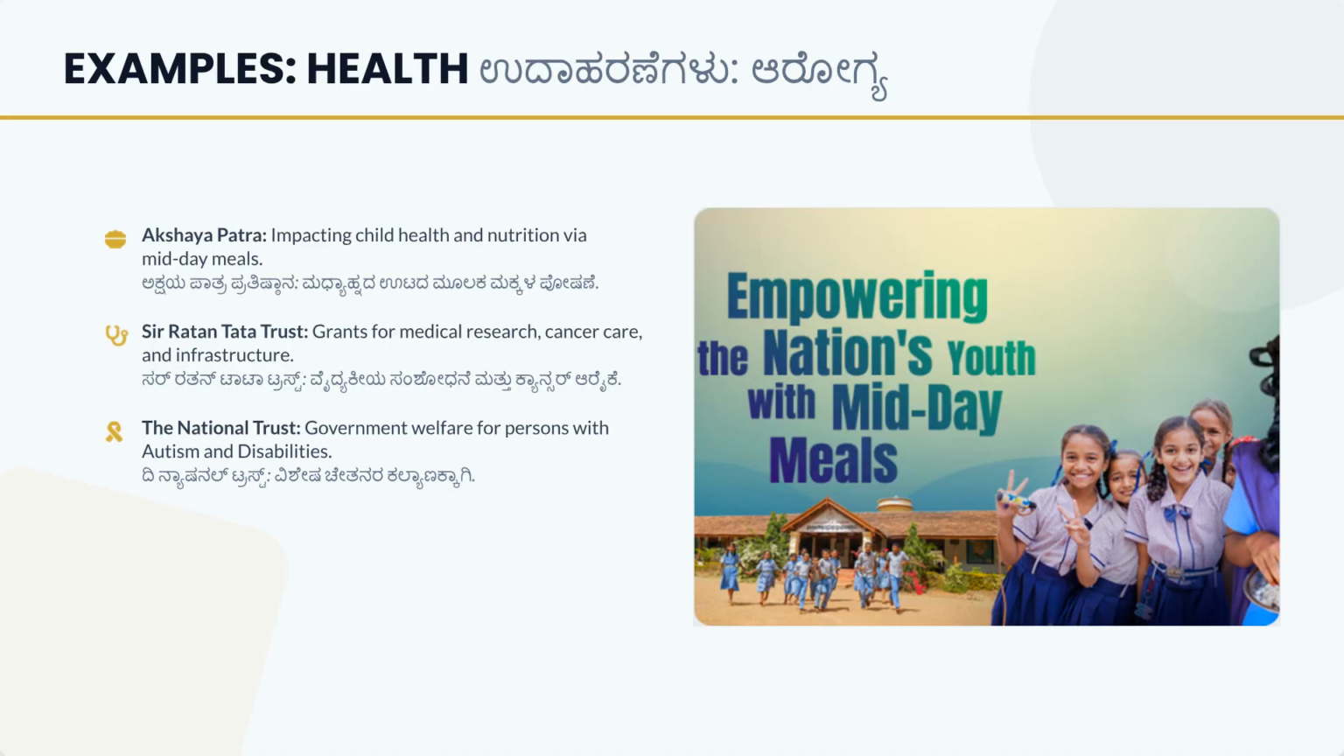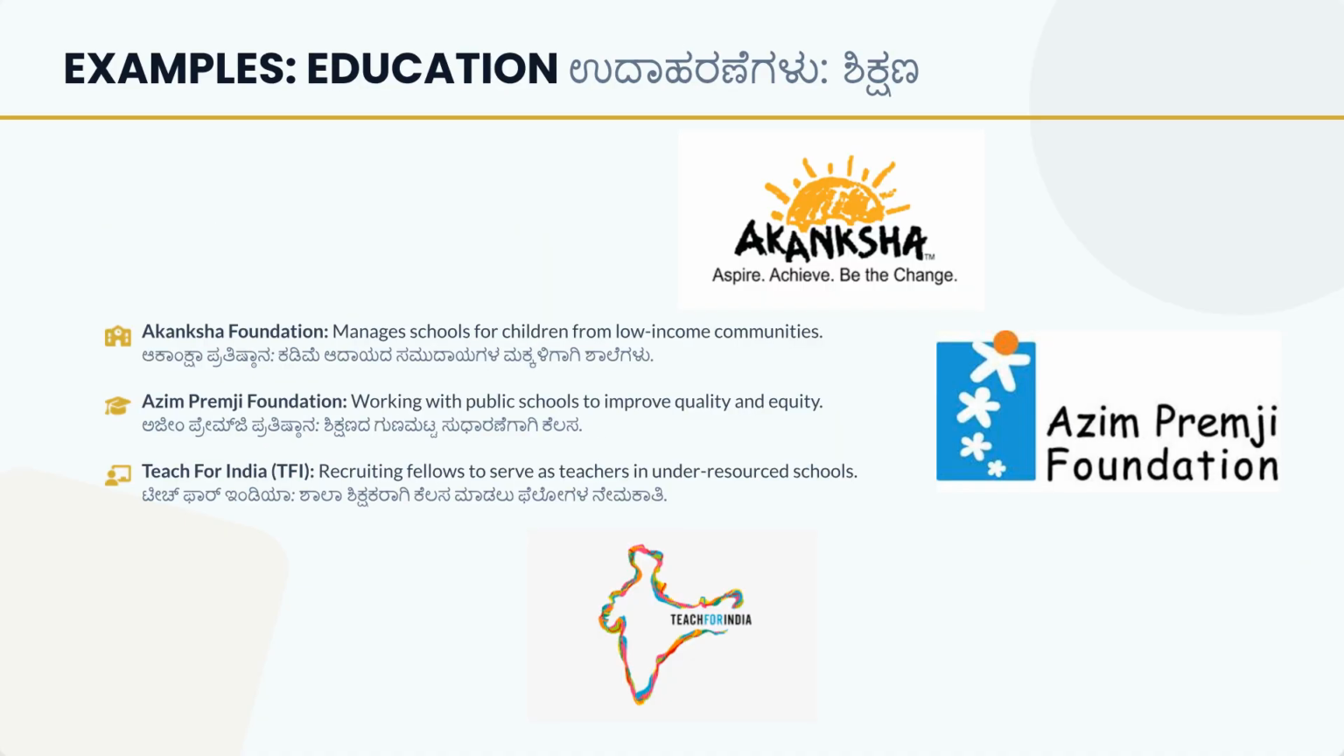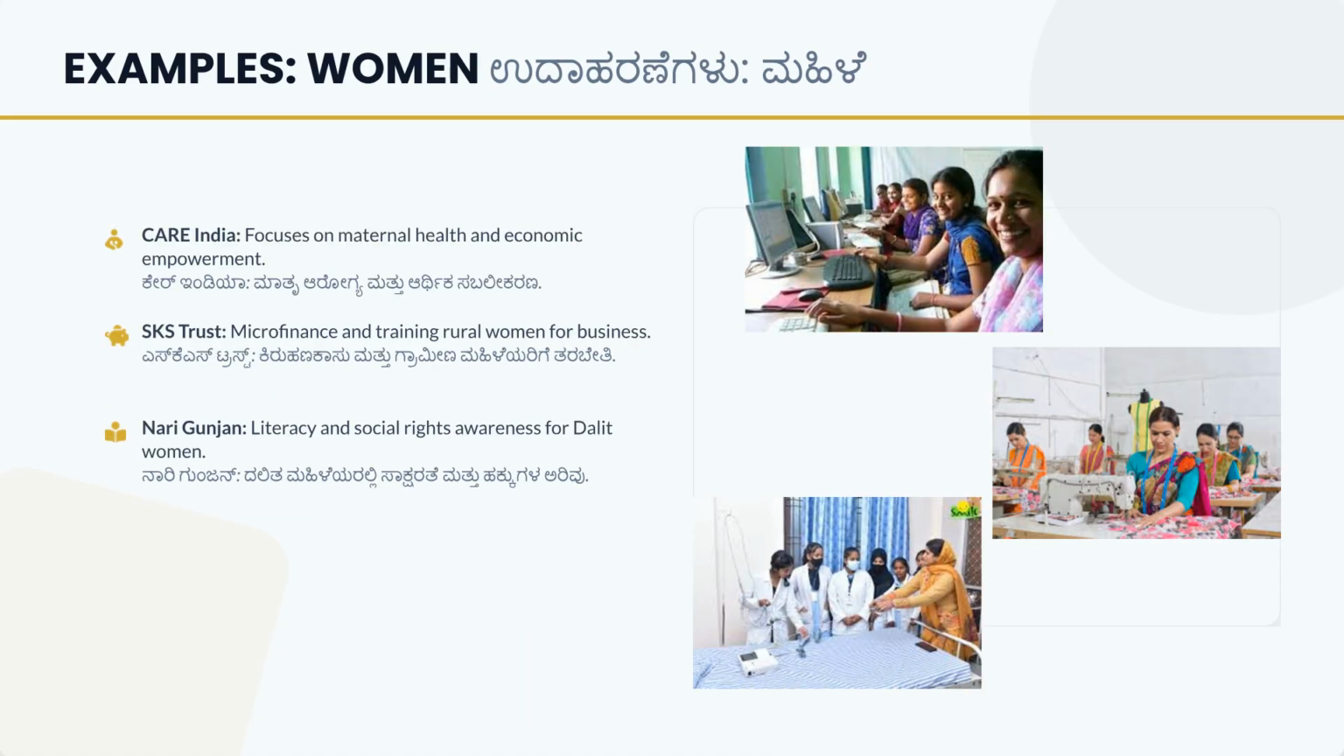Many influential trusts operate in India. Examples in the health sector include Akshaya Patra, Sir Ratan Tata Trust, and the National Trust. In education, key examples are Akanksha Foundation, which manages schools for children from low-income communities, Azim Premji Foundation, and Teach for India. Trusts focusing on women's empowerment include Care India, SKS Trust, and Nari Gunjan, which works on literacy and